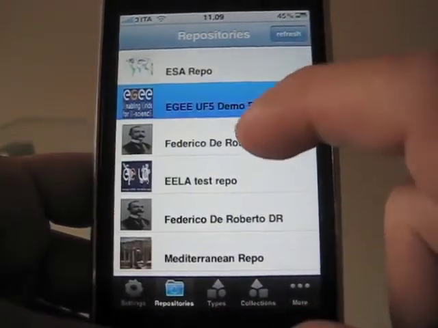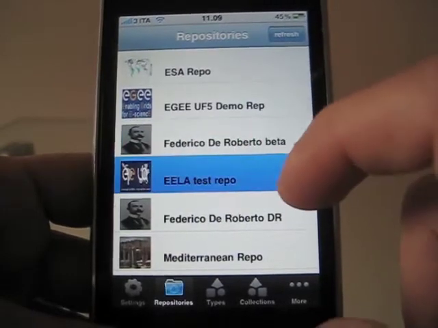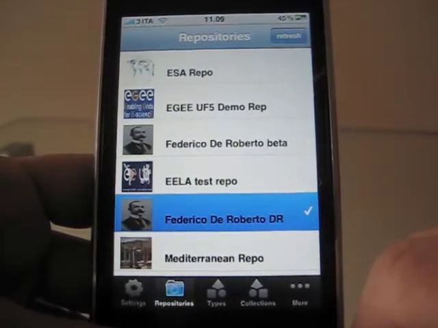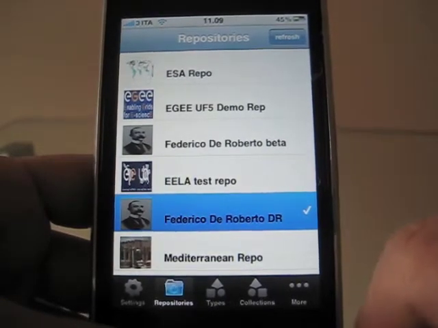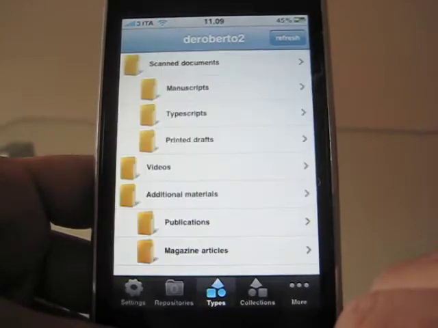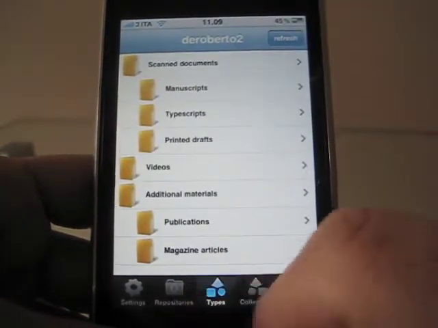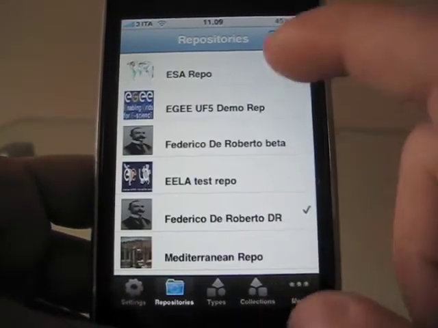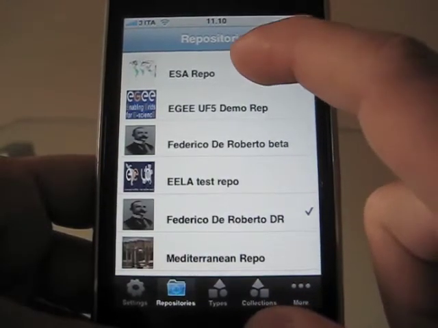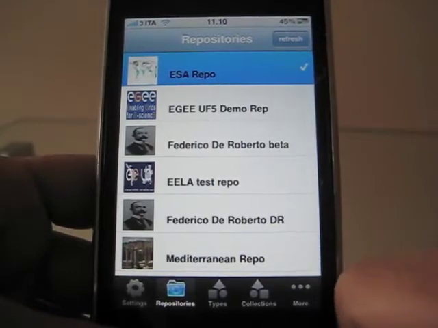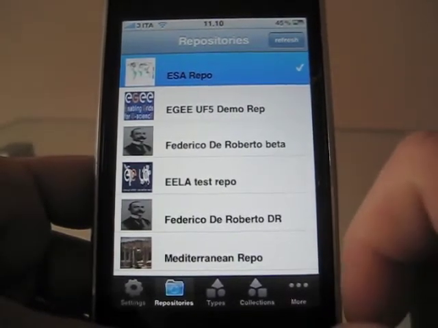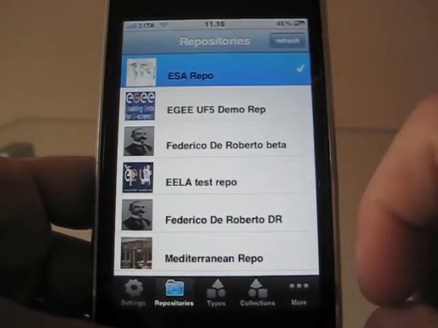So we can select the repository we want to work on. For example, if we click Federico De Roberto digital repository and we go to types, the types of that repository are loaded, but in this demonstration we want to work with the data coming from ESA, through which we had this collaboration. So we select ESA repo, and now we can start to browse the items of the ESA repo